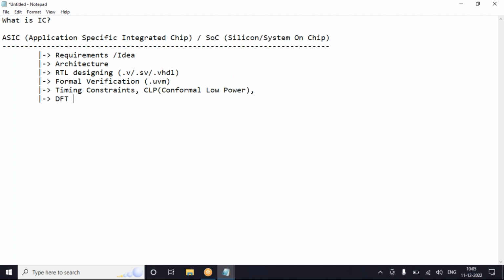According to that algorithm, the DFT people will try to update a few of the RTL codes if required. If not, they will give some extra files which we need to use. So DFT, design for testability.